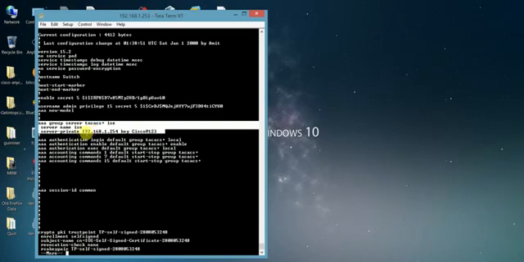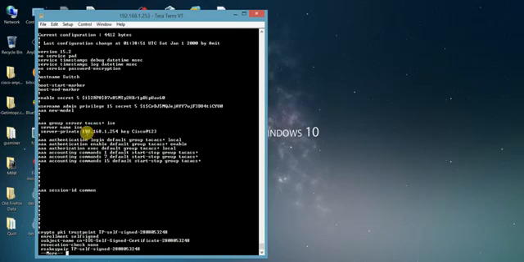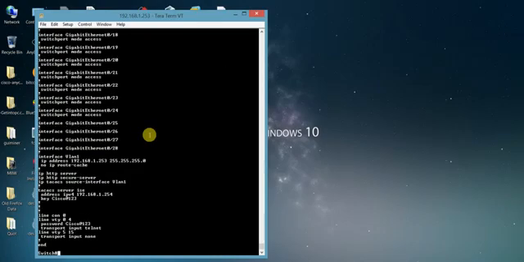I have configured the IP address of my ISE, and remember I told you to configure a secret password for the ISE, which we need to configure here in the switch as well. So I have configured that shared secret key between ISE and the switch. Okay, that's it, and we are good to go.